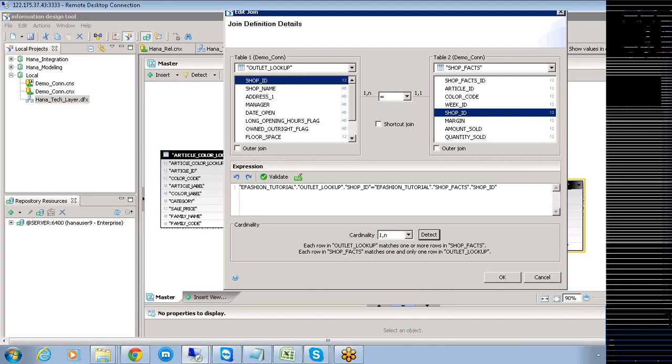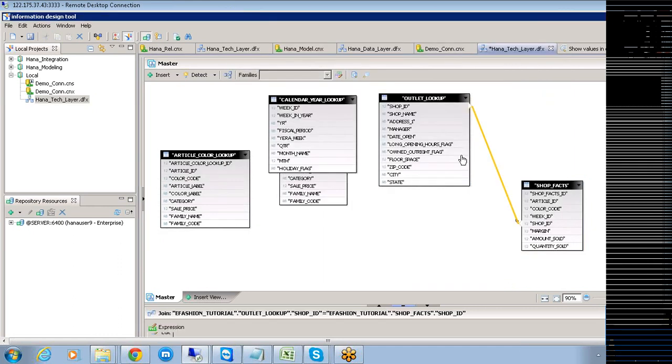So at any point of time, whenever you have an ambiguity or a doubt about how the relationship or the cardinality has to be specified, it is better to detect the cardinality from the database and then apply it here. This is the way we need to do things.